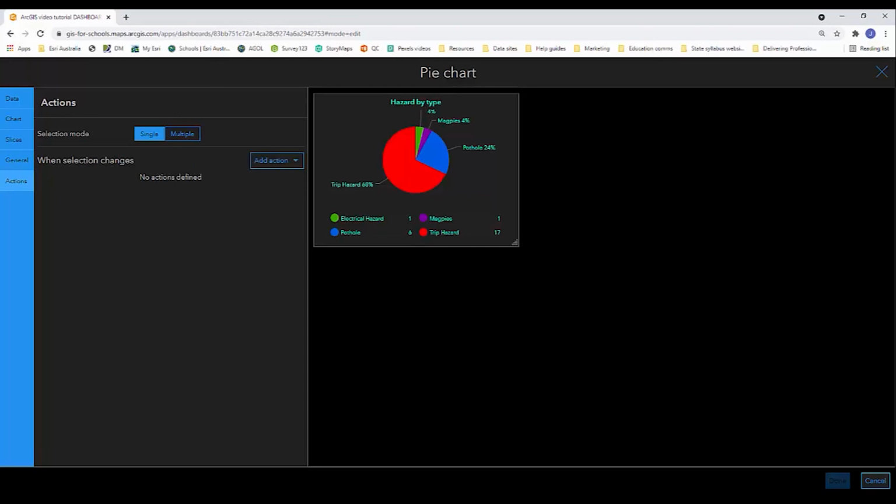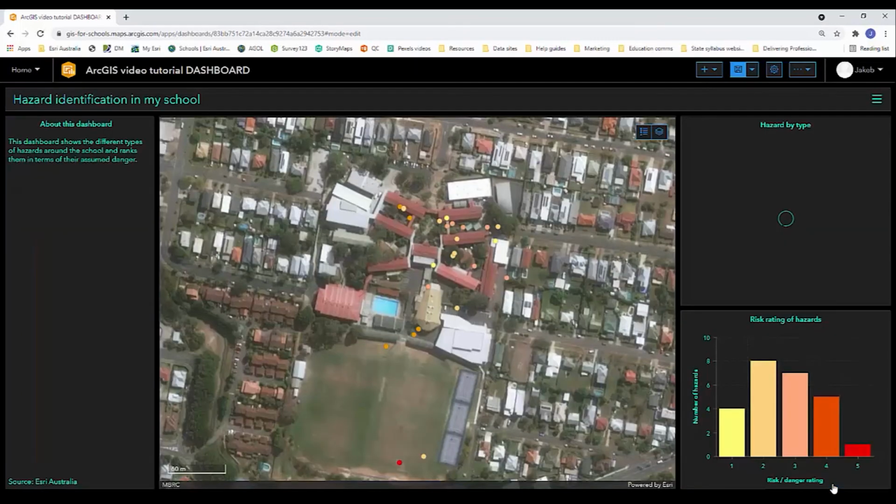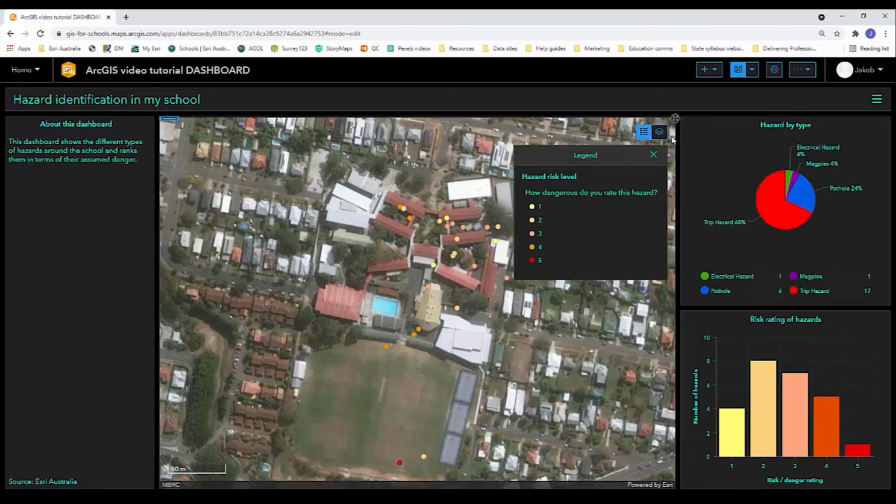So what I'm going to do is, when selection changes, I'm going to hit add action. I'm going to click filter. And under filter, I'm going to click add target. I'm going to click type of hazard. I'm going to leave this unchecked. I'm going to hit done. And it'll take a moment to load. But essentially what this means is if I turn my